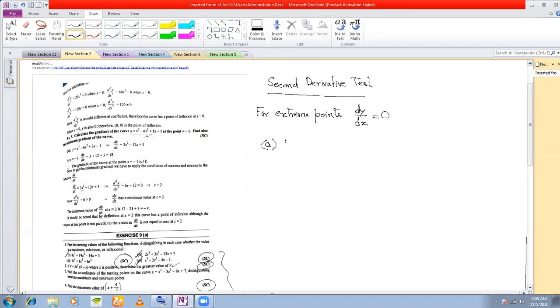if, for extreme points, dy/dx is equal to 0. Okay. So now if c be an extreme point, then the condition for the second derivative for maxima, local maxima,